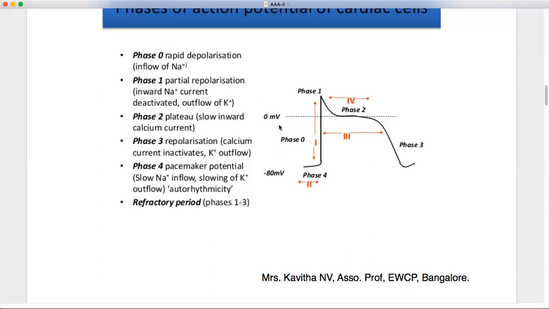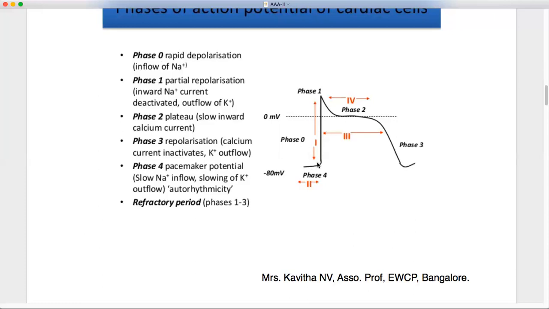So as the sodium ion flux takes place, the inflow of sodium ions is a positive charge. So I'm talking about the normal action potential. In the normal action potential, what happens when it reaches the threshold potential, when it reaches till here, then the sodium channels open. We know various ions enter into the cell through their own channels, right? So like that, the sodium channels open up. So there is a rapid influx of sodium.